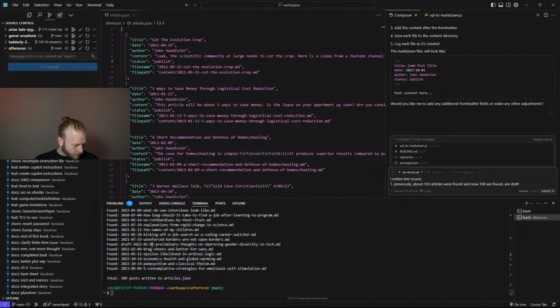Preliminary. So it's not creating duplicates, I don't think. Okay, I'll ignore that. I don't see any markdown files being created.